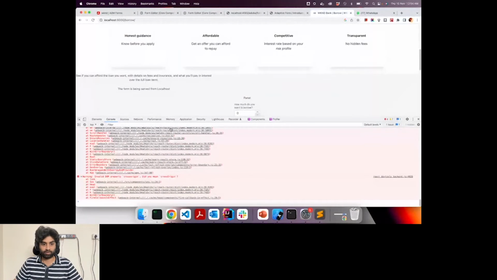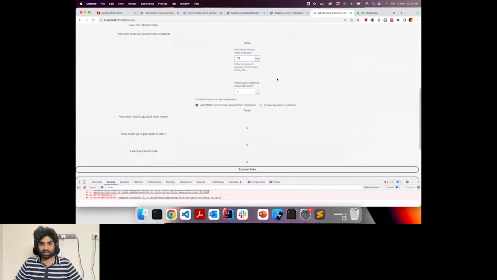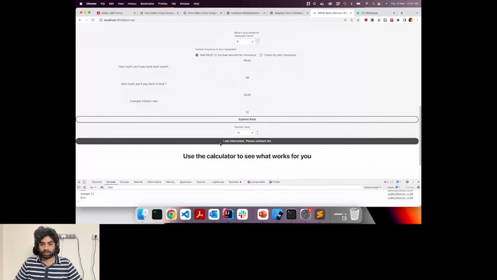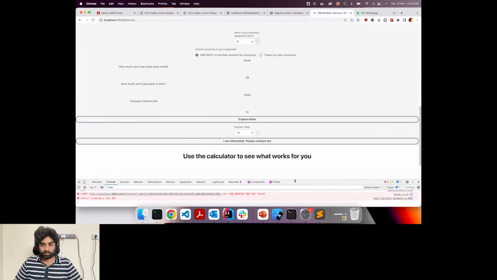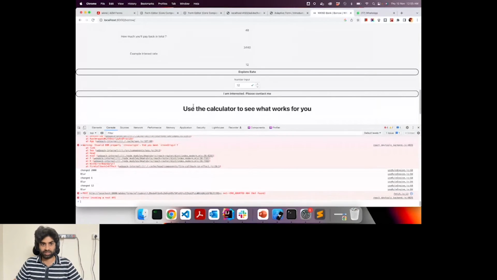It's not looking perfect, but this is the rendition. The functionality, you can see, is working exactly. You can see the show hide and everything is working here as well. If you click on I'm interested, you can see that it tries to hit some API, but this API is failing, so it's not submitting. The reason is that we need to define a proxy because of cross origin issues. Once we do that, we can actually submit this form back to AEM as well. Let's see how that can be done.